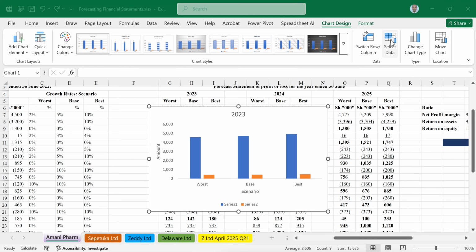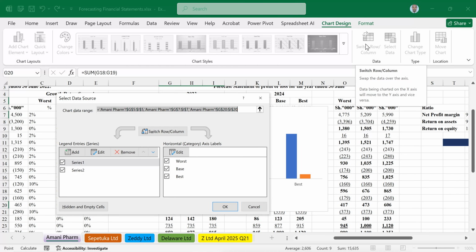Mwalimu, I'm lost. Select data. Where? On where you